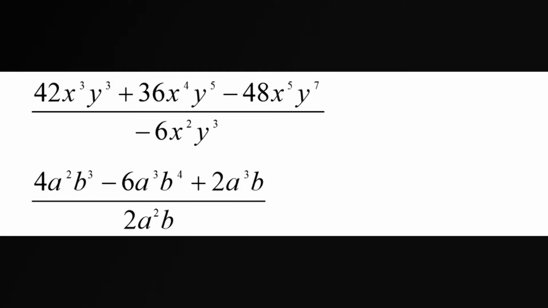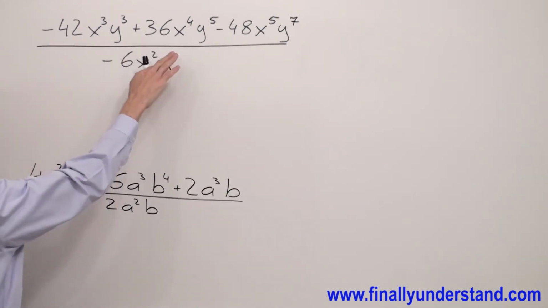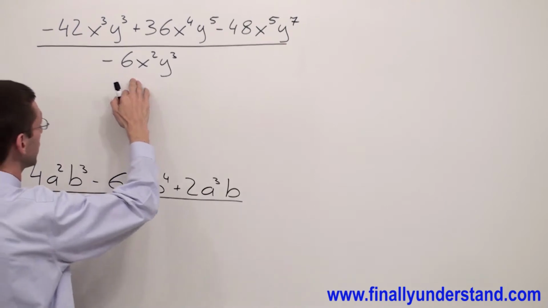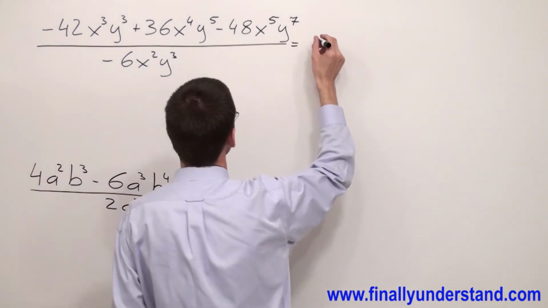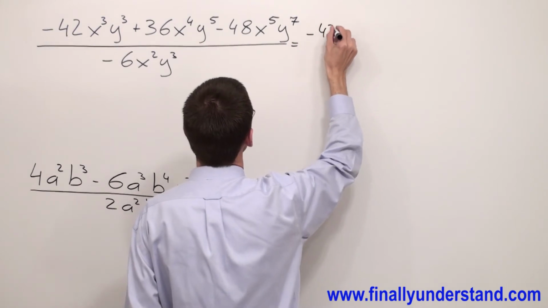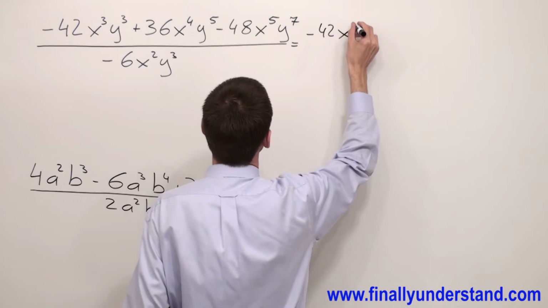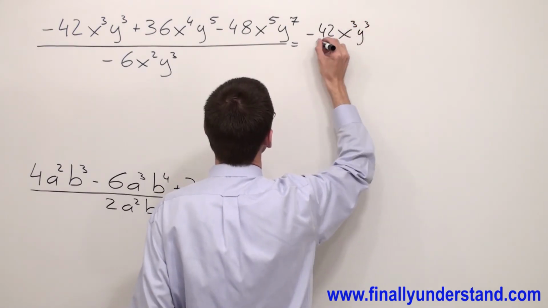Let's take a look at these two examples. Again, we have to divide every single term from the numerator by the denominator. Okay, so I'm going to rewrite this problem, and this is going to look like this. Minus 42 x to the third y to the third divided by